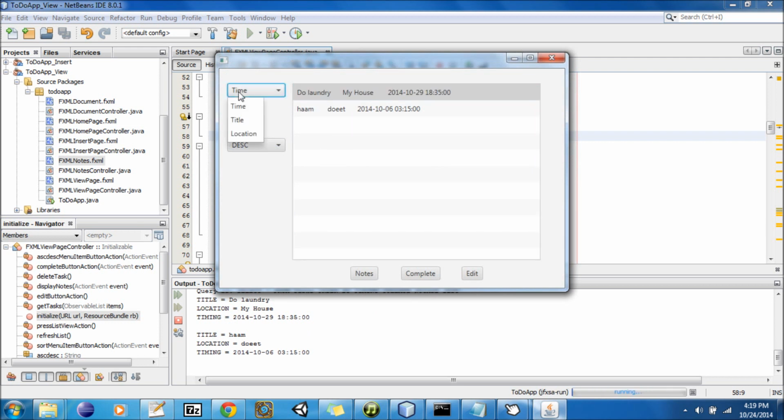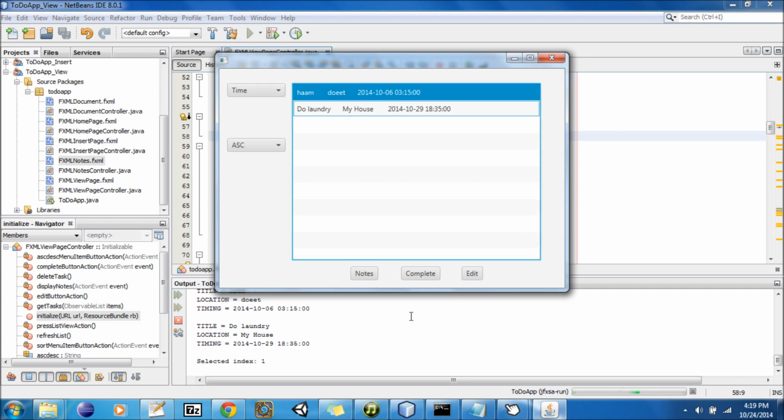But right, so we can go to title and it sorts by title. Here it's descending, we can go to ascending, right? And then likewise like that, right? So this is cool, but you know, I've intentionally left out,